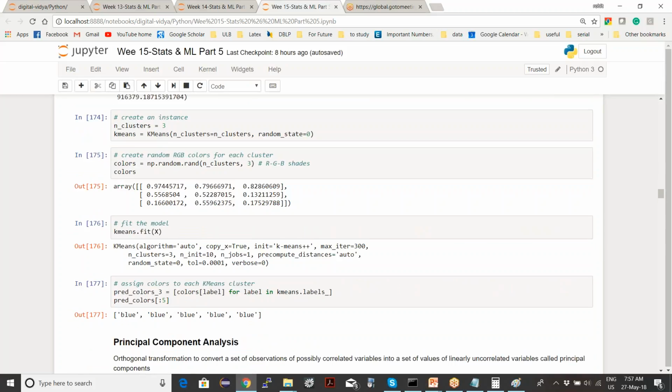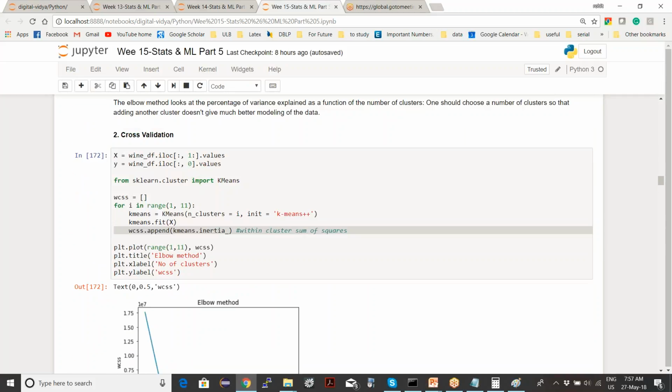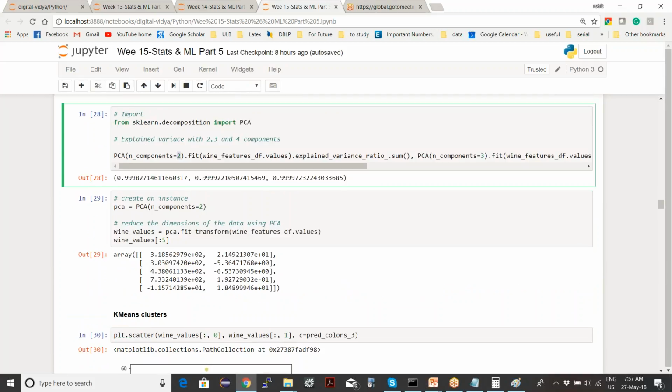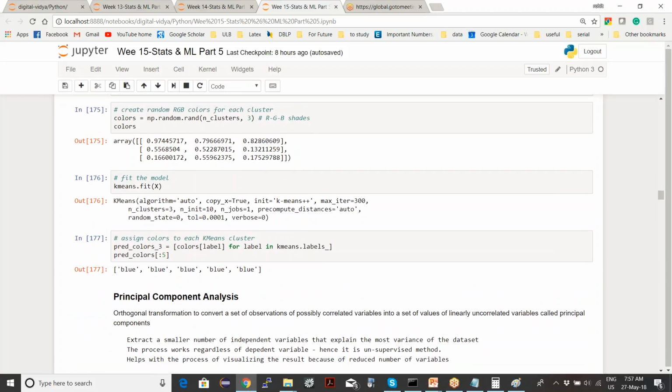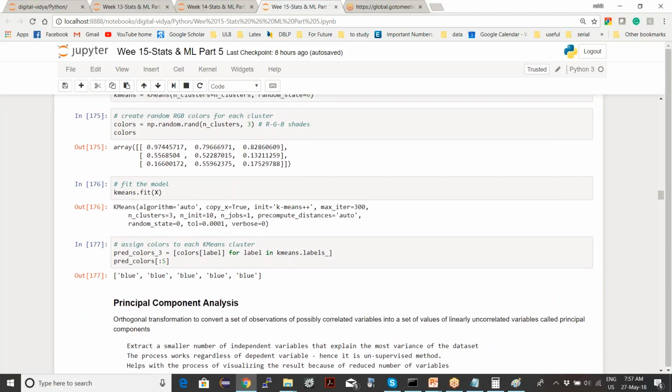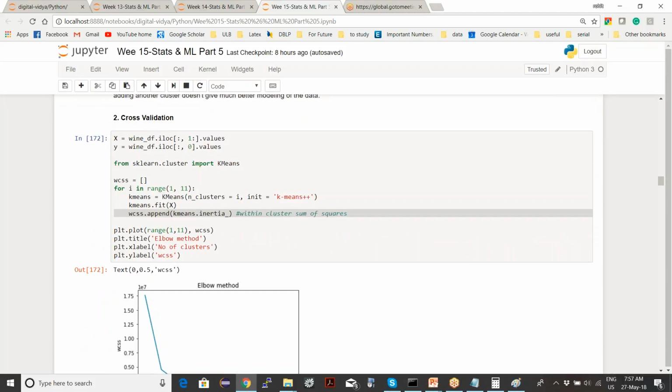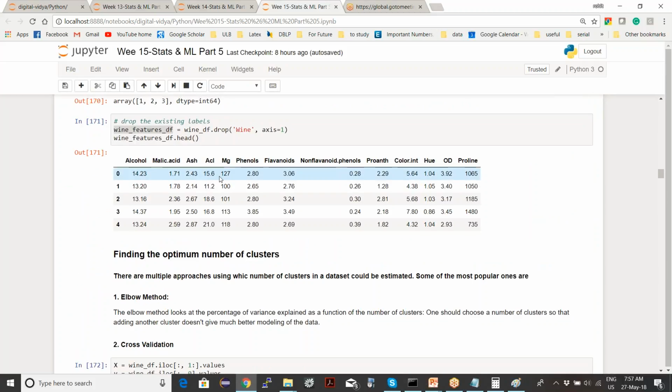So if you see the values earlier, where's my wine data? Earlier, this is your input row, right?